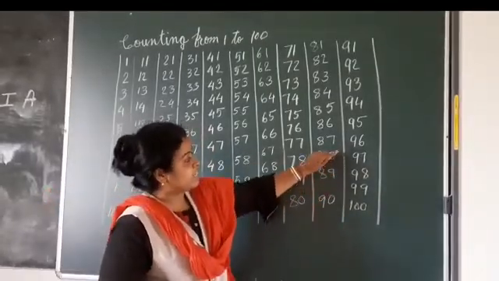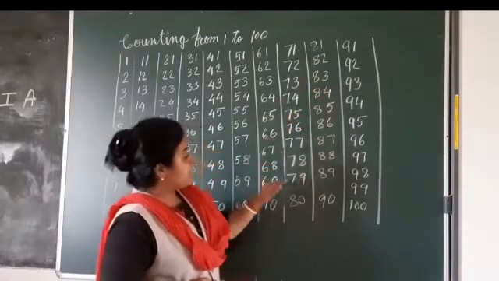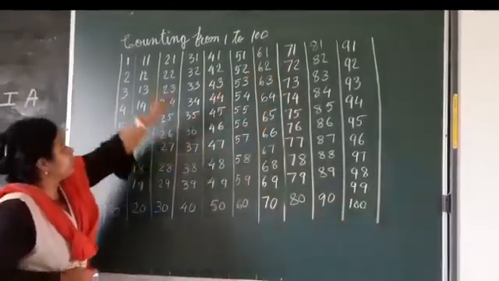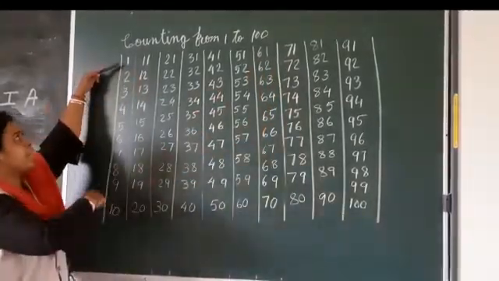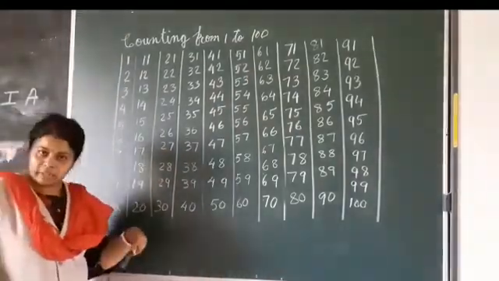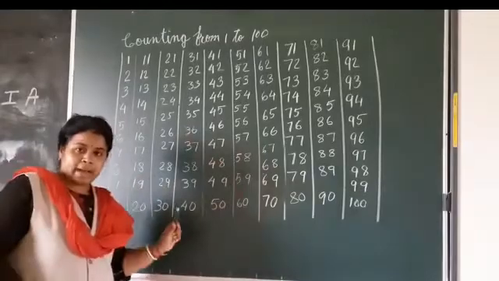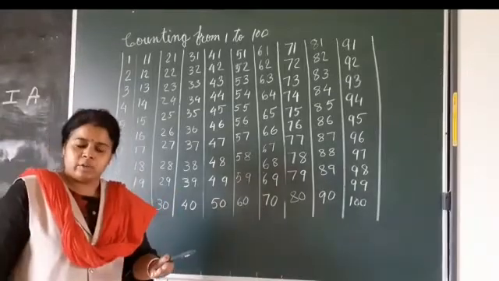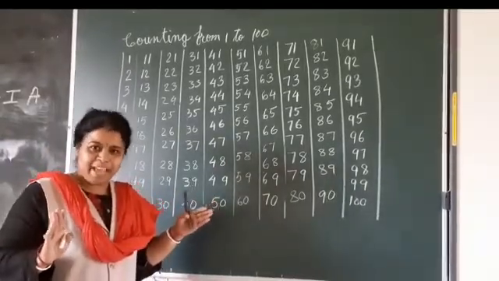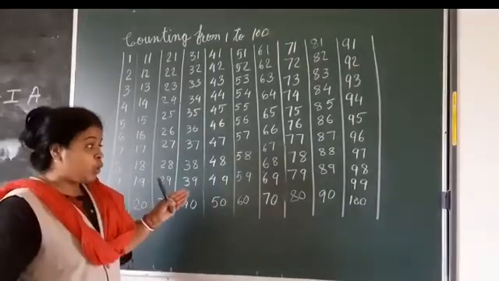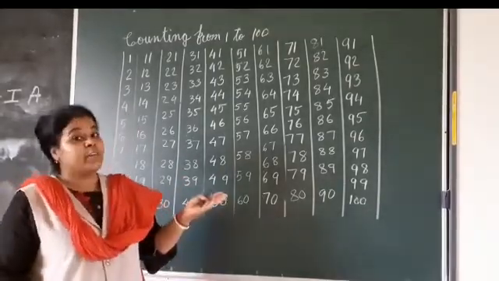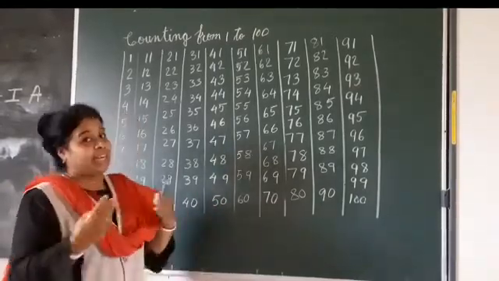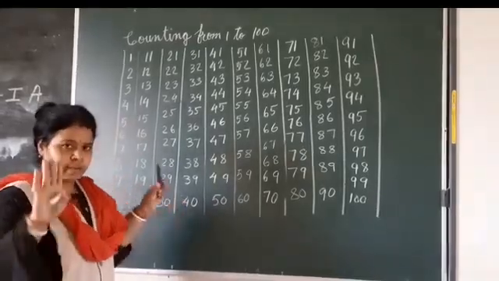And what is backward counting? 100, 99, 98, 97, 96, 95, 94, 93, 92, 91, 90, 89, 88, 87, 86, 85, 84, 83, 82, 81. Like that, you will come up to 1. So from 100 to 1 is backward counting. When we are counting from 100 to 1, it is called backward counting. So first you have to learn forward counting and backward counting by heart. Okay? Because if you know forward counting and backward counting, then you can answer any question like after, before, greater, smaller, everything.